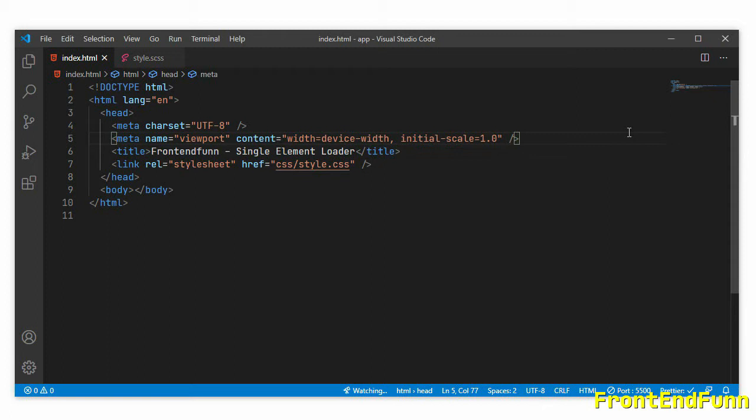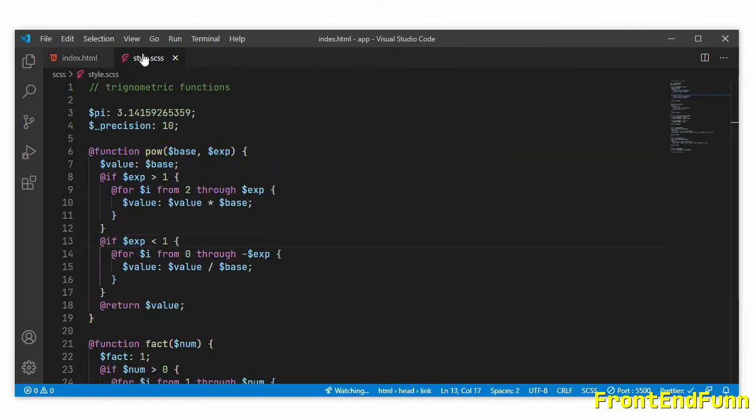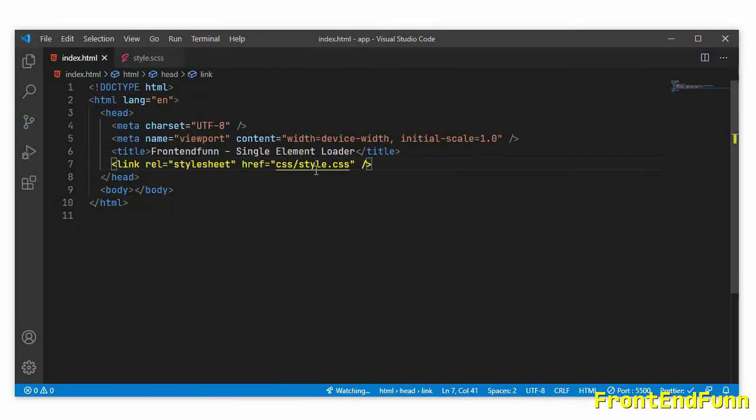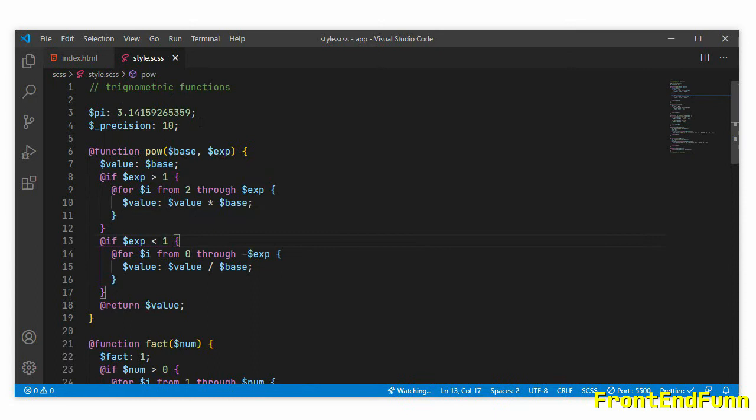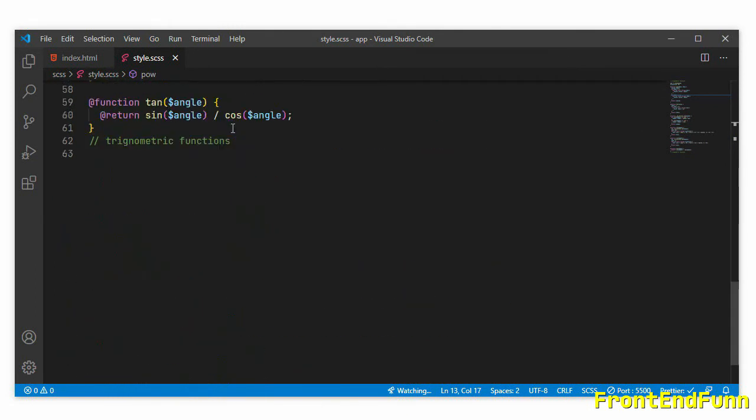In this video, we'll be creating a single element loader using CSS. Okay, so this is my style.css. I'm using style.scss, which is compiled to style.css, and I'm going to use some trigonometric functions. I have copied this from the GitHub. Okay,